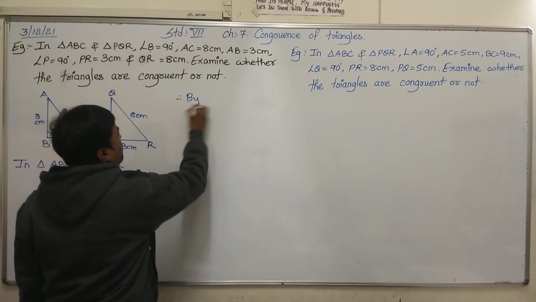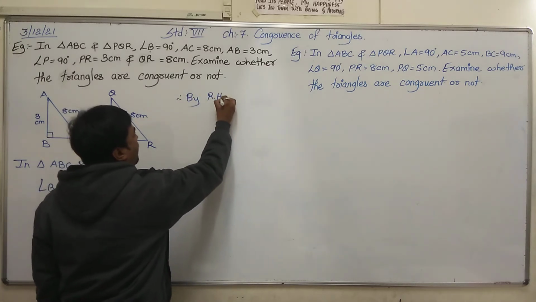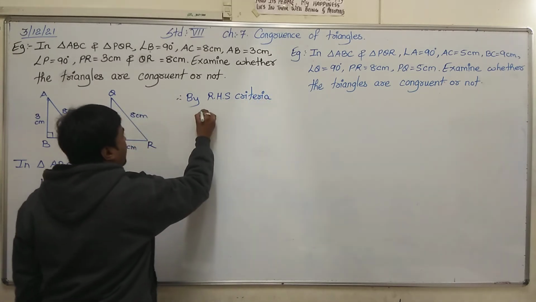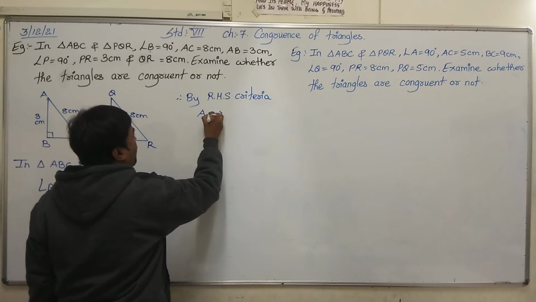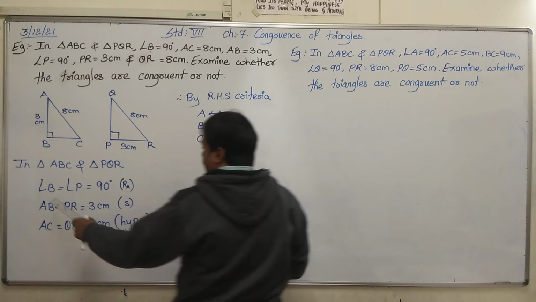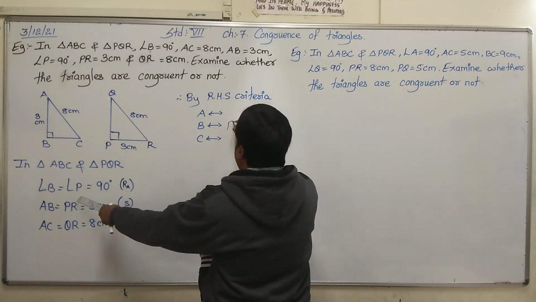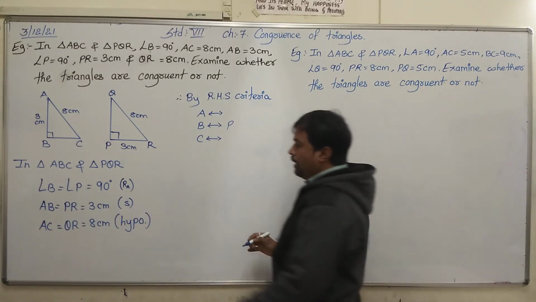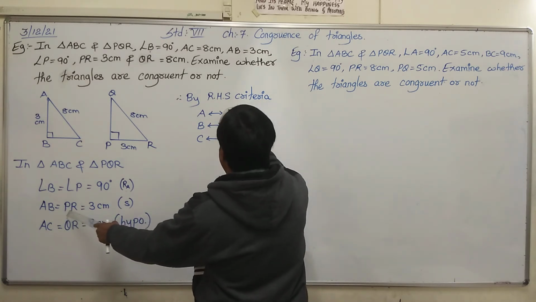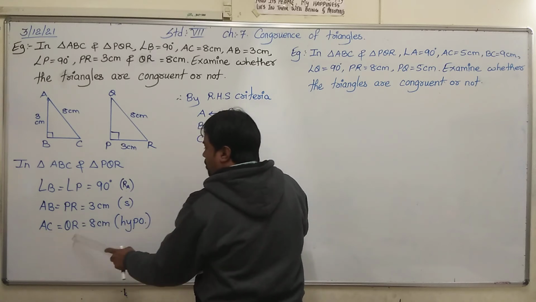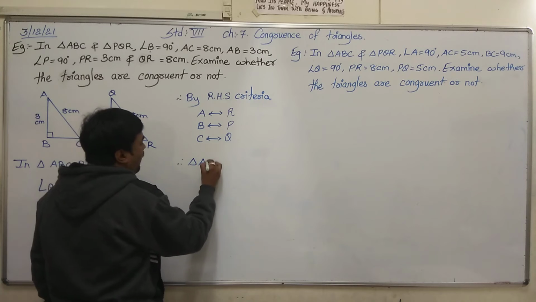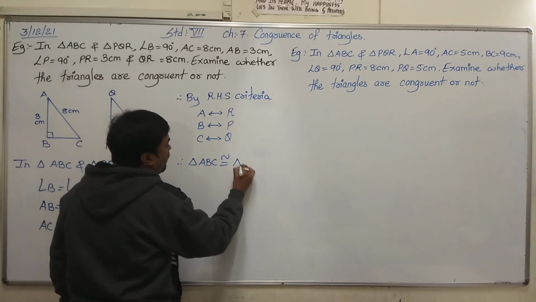Therefore, by RHS criteria, what we can say that A corresponds to R, B corresponds to P, and C corresponds to Q. Therefore, triangle ABC is congruent to triangle